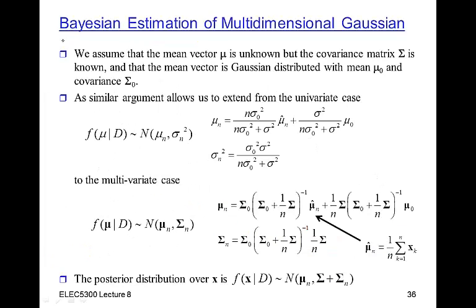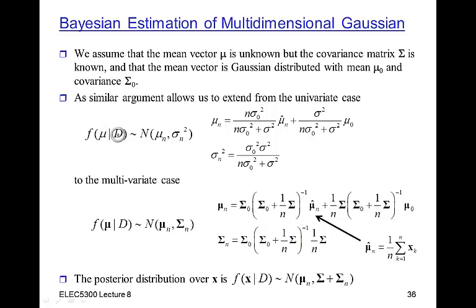Finally, I'd just like to mention what the extension is for multidimensional Gaussians. Here I'm going to assume that I have a multidimensional Gaussian but with an unknown mean vector, but a known covariance matrix sigma. And the initial mean vector, the prior distribution over the mean vector, is Gaussian with mean mu 0 and covariance a big sigma 0. And so this is the result that we got in the univariate case. We got that the mean of